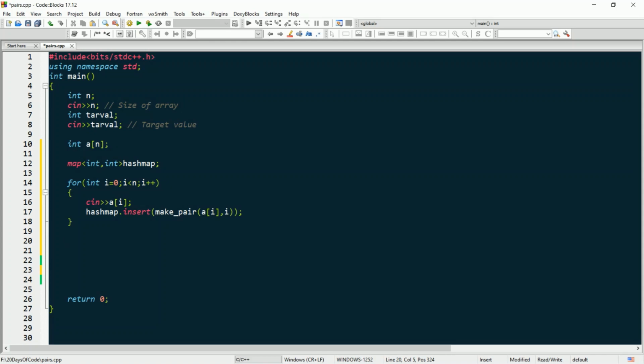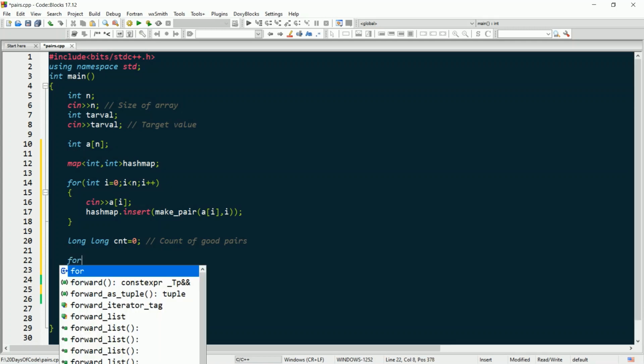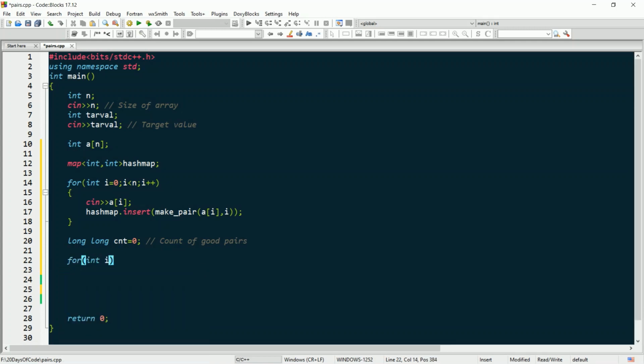So we'll run a loop. First of all we have to declare a variable cnt, which will store our count of good pairs. Okay, initially 0. Let's run a loop for int i equal to 0.